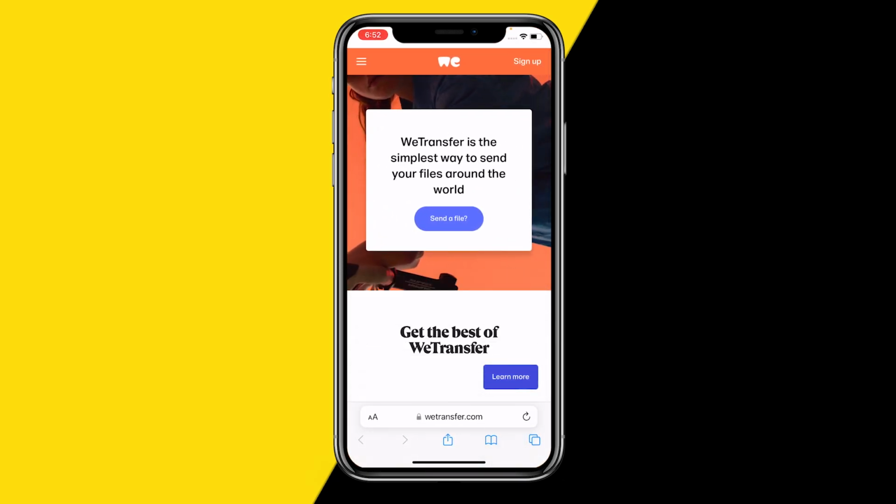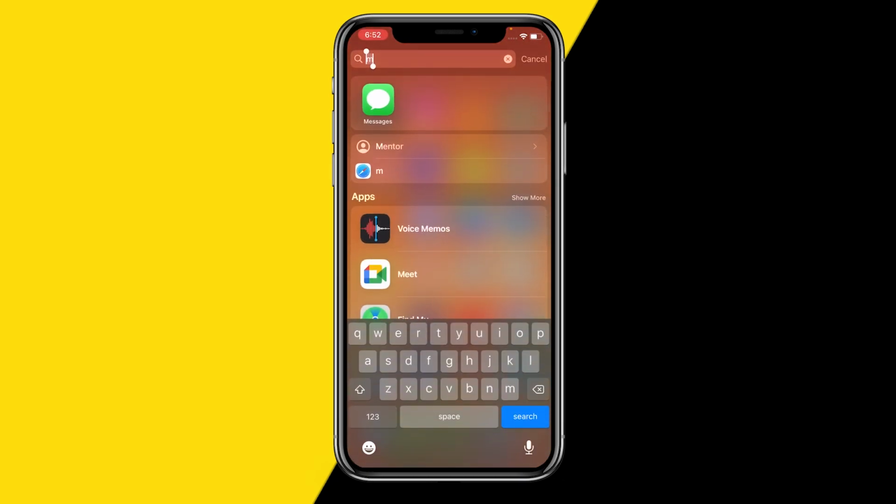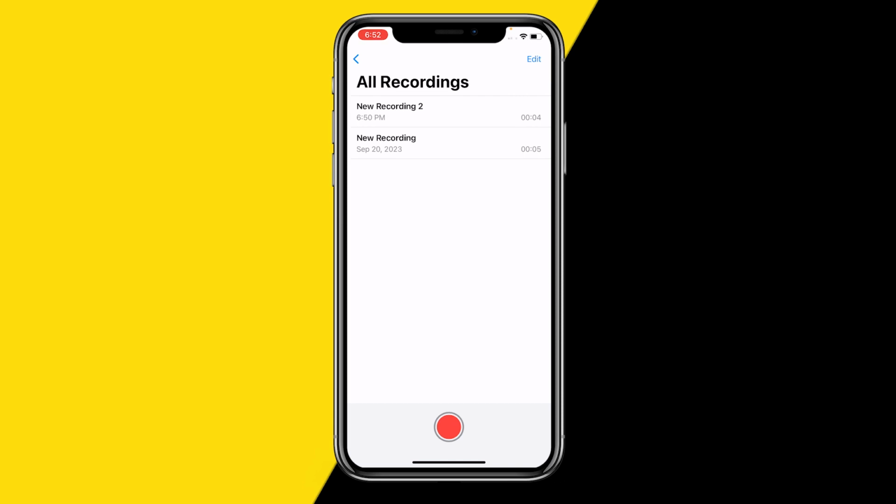So all we're going to do is click on send a file, and now we need to upload a file. So first of all, of course, we need to create an audio file, which we can simply do right here in the Voice Memos app on Android or iPhone, just like this. Test 1, 2, 3. Now we can see that I have a new audio file, and in order to save